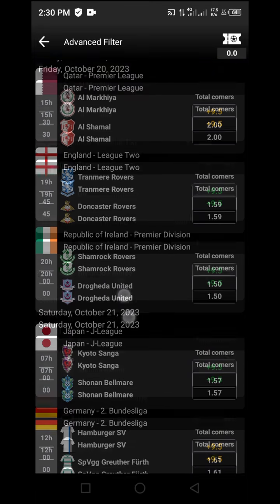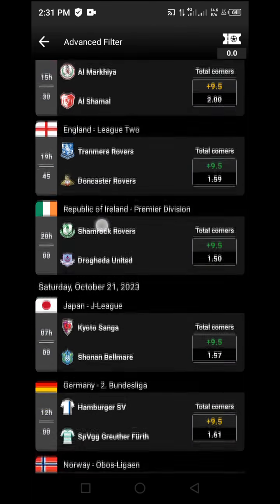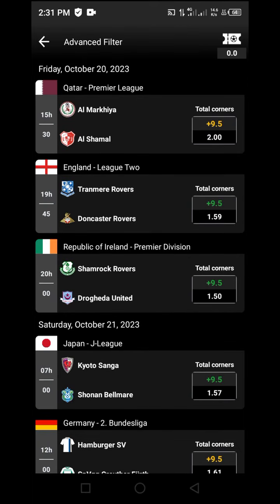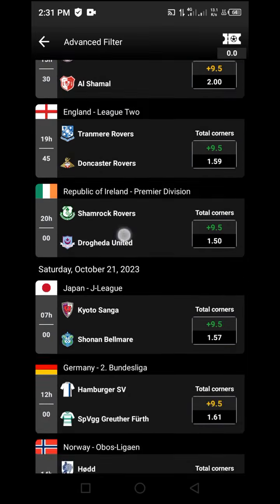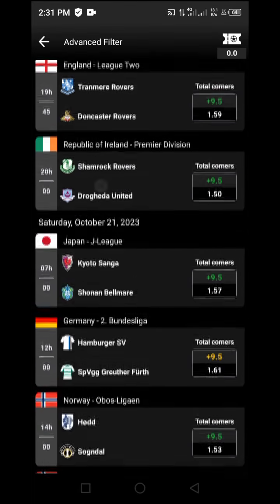If you divide by 2 and you have 12 corner kicks, then make sure to go for 10 corner kicks so as to avoid the doubting area, because sometimes it might fall short, but make sure to always remove 2 corner kicks from it. If you have 10 corner kicks, make sure to go for 8 corners. If you have 12 corner kicks, you can go for 10 corners. If you have 9 corner kicks, you can go for 7 corners. Like this, you are going to come out with the safest picks based on corner kick match prediction strategy